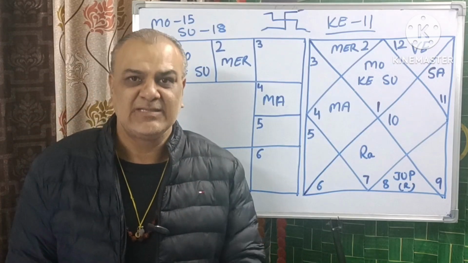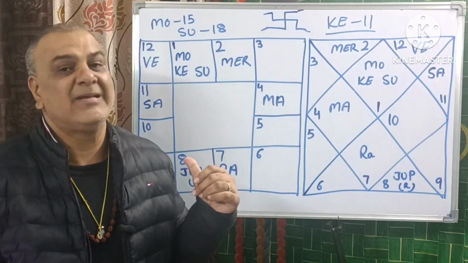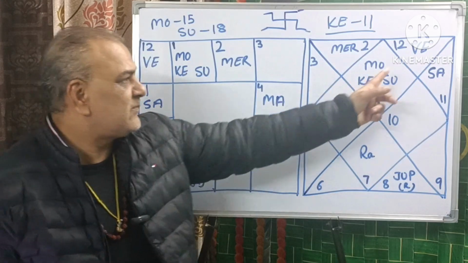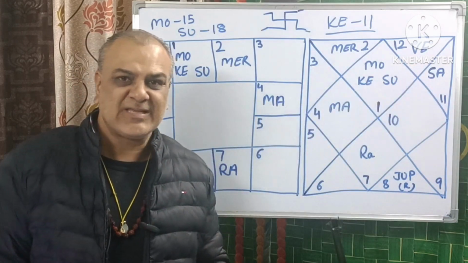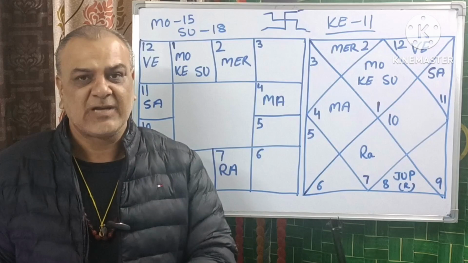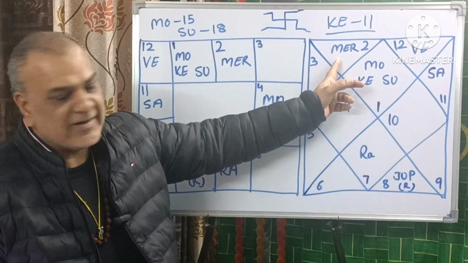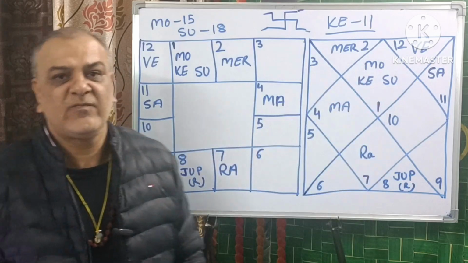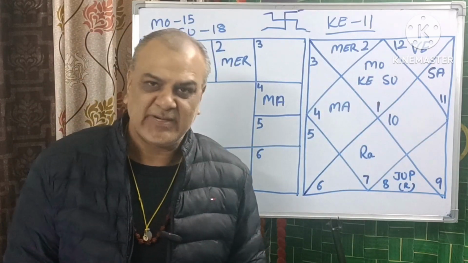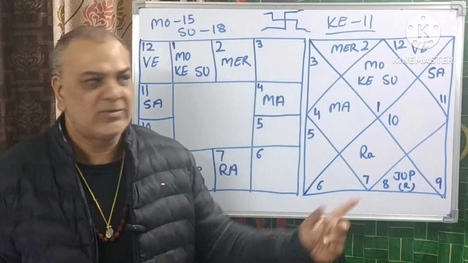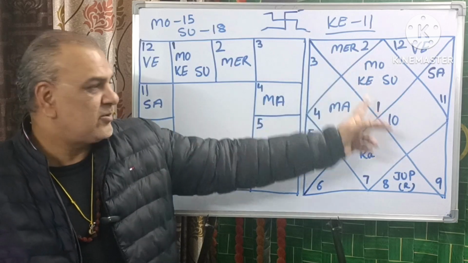Because Sun is in the higher degrees, Sun is following Mercury, our lady friend. Even in the previous house, you can see there is exalted Venus. So Sun is surrounded by two female planets. So due to this lady friend, both husband and wife, meaning the father and mother of the native, fought together. They were separated for quite some time due to this lady friend, because Sun was following Mercury. The reason I told you.